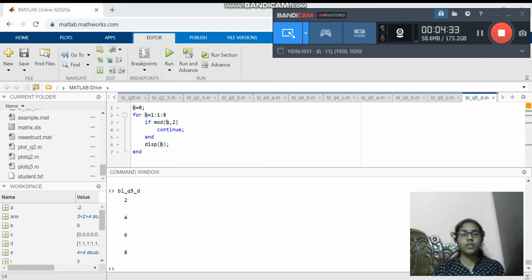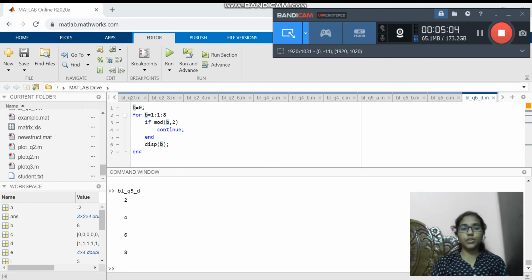For 1 the modulo value is 1, so it will continue. For 2 the modulo is 0, it will display 2. For 3 the modulo value is different and for 4 the modulo value is 0 and it displays. In this manner 2, 4, 6, 8, up to 8 numbers are displayed and for the odd numbers it will continue the loop.